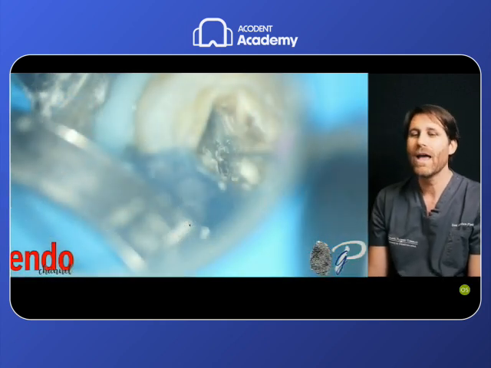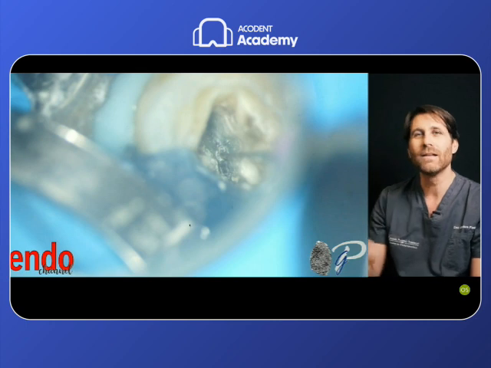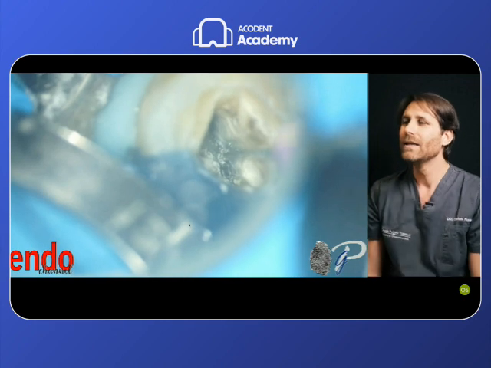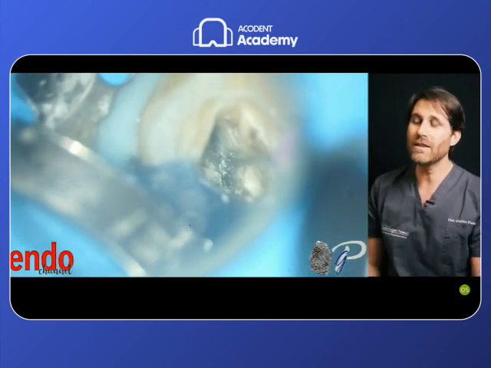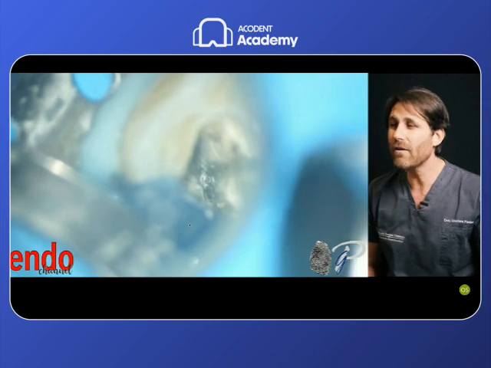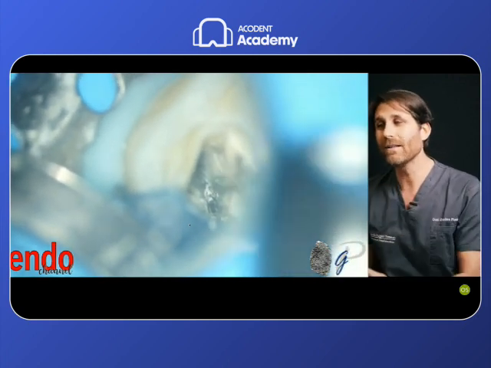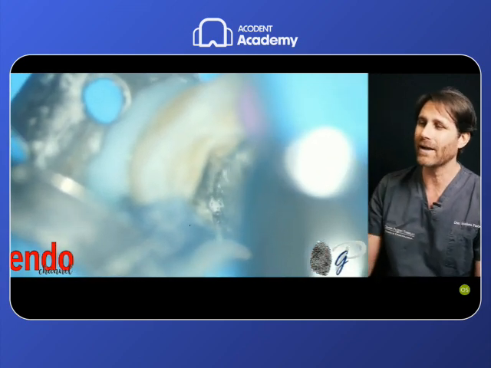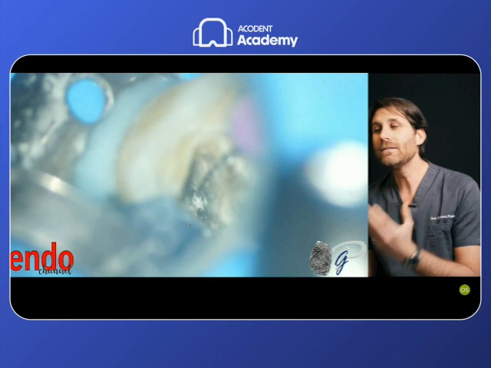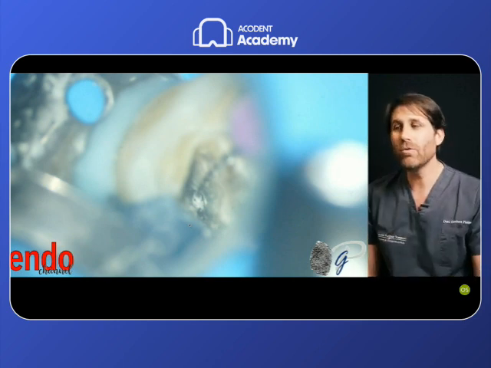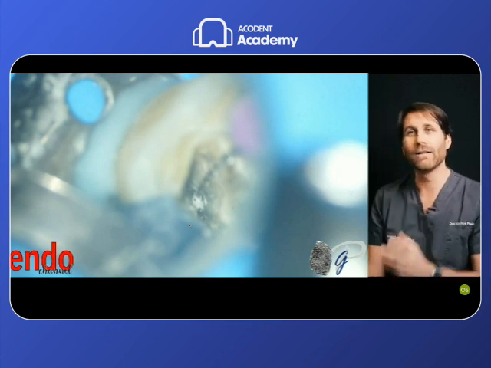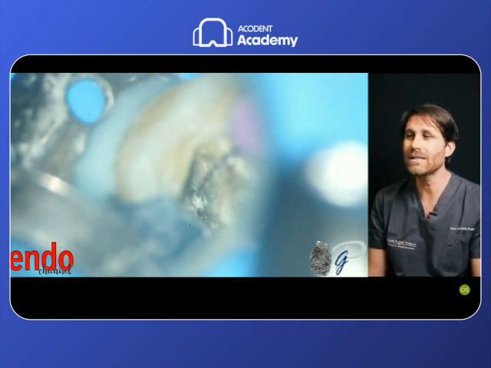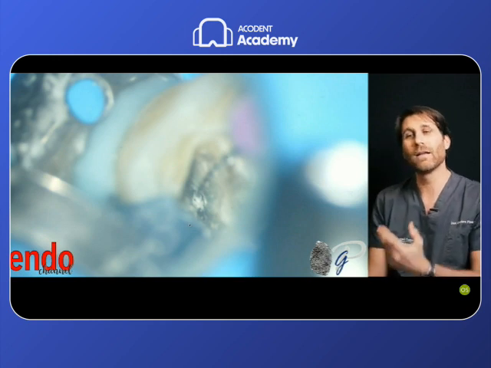So in this case, I took the third instrument, the other solution, a small glide path file like the AirPilot file, that started to penetrate that small invitation that the Reciproc Blue created in this very calcified but penetrable orifice, and look, pushing a little bit on the tip, up and down movement in a pecking action, cutting the dentin. The sides of these files were compatible to penetrate these dimensions of the root canal. The cutting efficiency was good enough to cut this dentin and to penetrate and to advance, and the flexibility was so high that it can follow the trajectory.